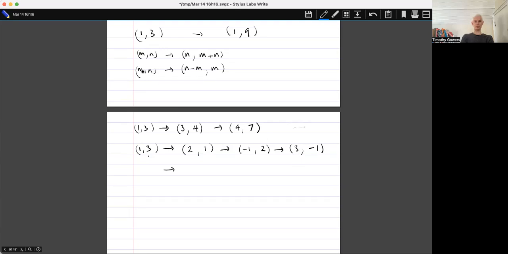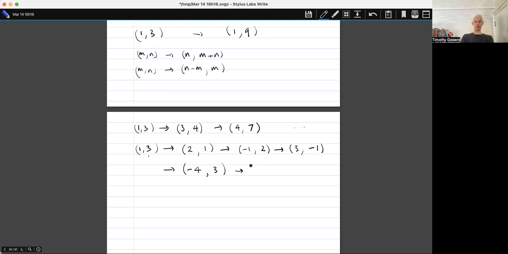What happens to the difference? It started off being n minus m, and then here it became n minus 2m. So once one of them's negative, it's going to start getting bigger and bigger, I think. So let's just do another one of these. It's minus 4, 3, and now